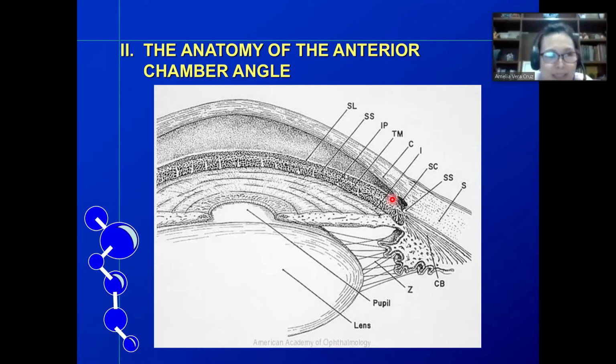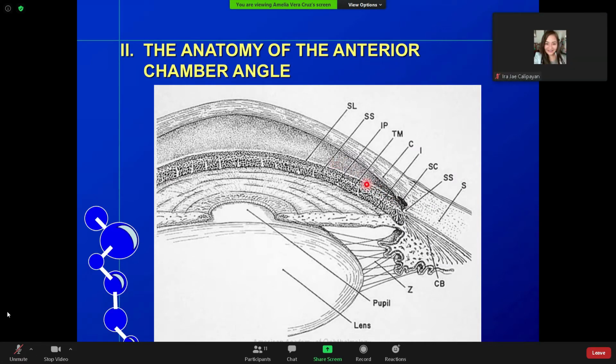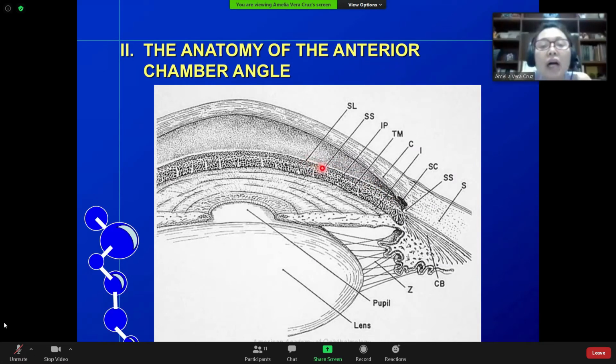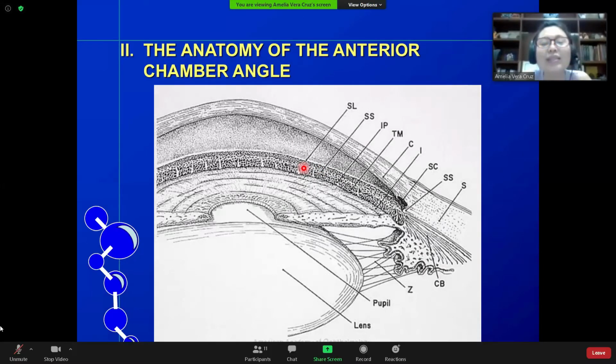Imagine your iris to be that way, kasi mamaya, when we go to your angle closure glaucoma, that is important. From your Schwalbe's line, the next is your anterior trabecular meshwork. The next will be your posterior trabecular meshwork. The anterior trabecular meshwork does not drain your aqueous humor. So, the posterior will drain your